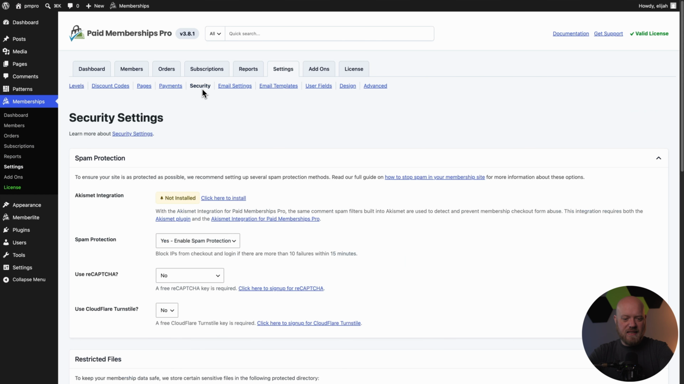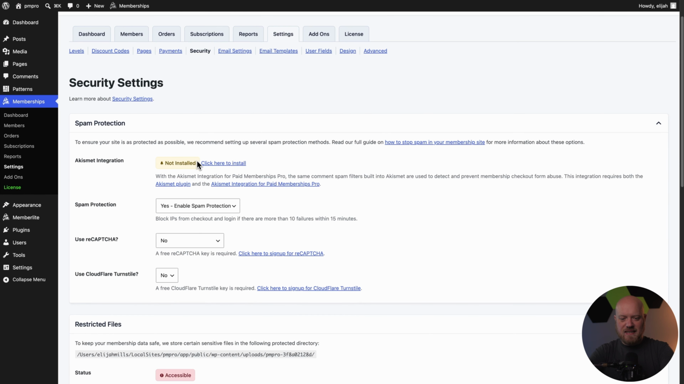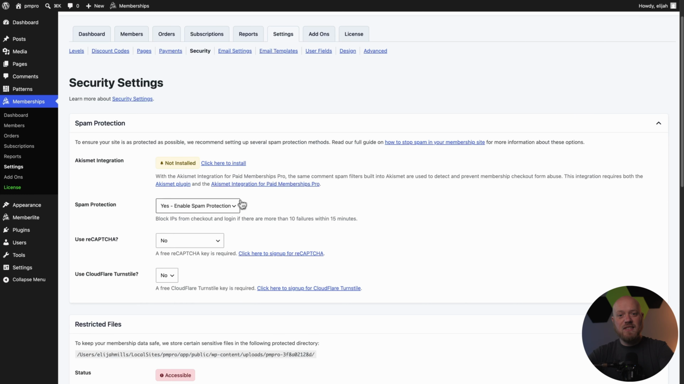The first section is Spam Protection. Here you can see the status of the Akismet plugin and install it if it's not already present. This plugin comes pre-installed on most WordPress sites and integrates with PM Pro to protect membership checkout forms from abuse. Next, you can enable or disable login and checkout form spam protection. When enabled, this will identify and block IPs when they trigger more than 10 checkout or login failures within 15